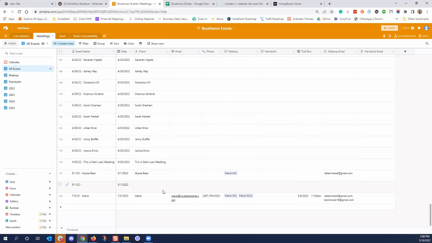I don't even know if we necessarily need the whole column where it says event name. The first column honestly has to be there, but you could just do the date there.